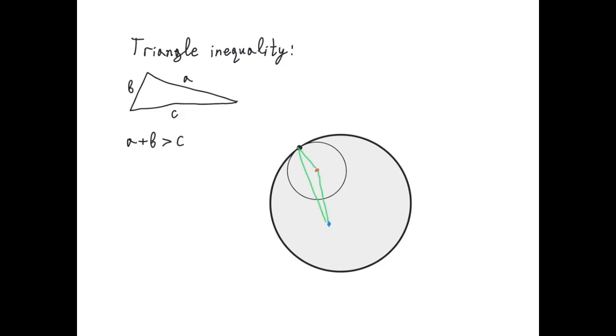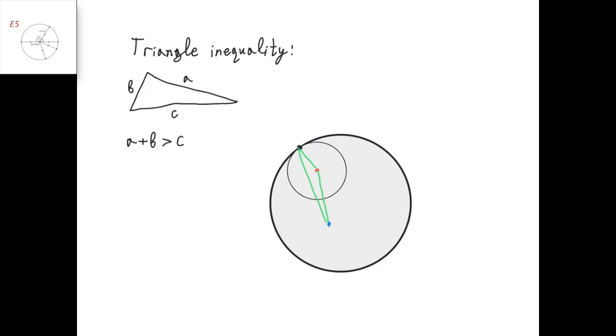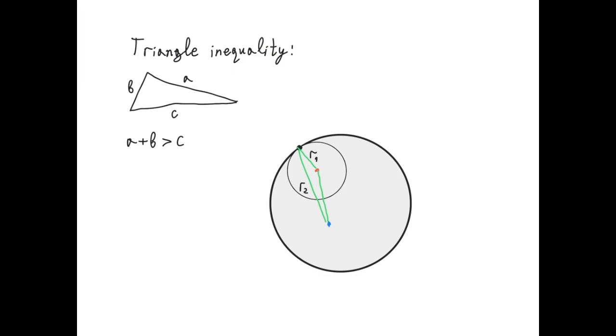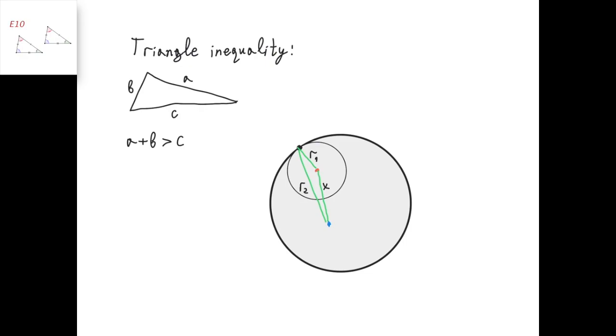So let's assume the contrary. Suppose that it's not the case. Suppose that the 3 points don't lie on a single line. And if that's true, then they form a triangle. And we can denote the small radius by r1 and the larger radius by r2. And the distance between the centers, we can call it x. From the triangle inequality, and the only triangle we see here, we have that x plus r1 is greater than